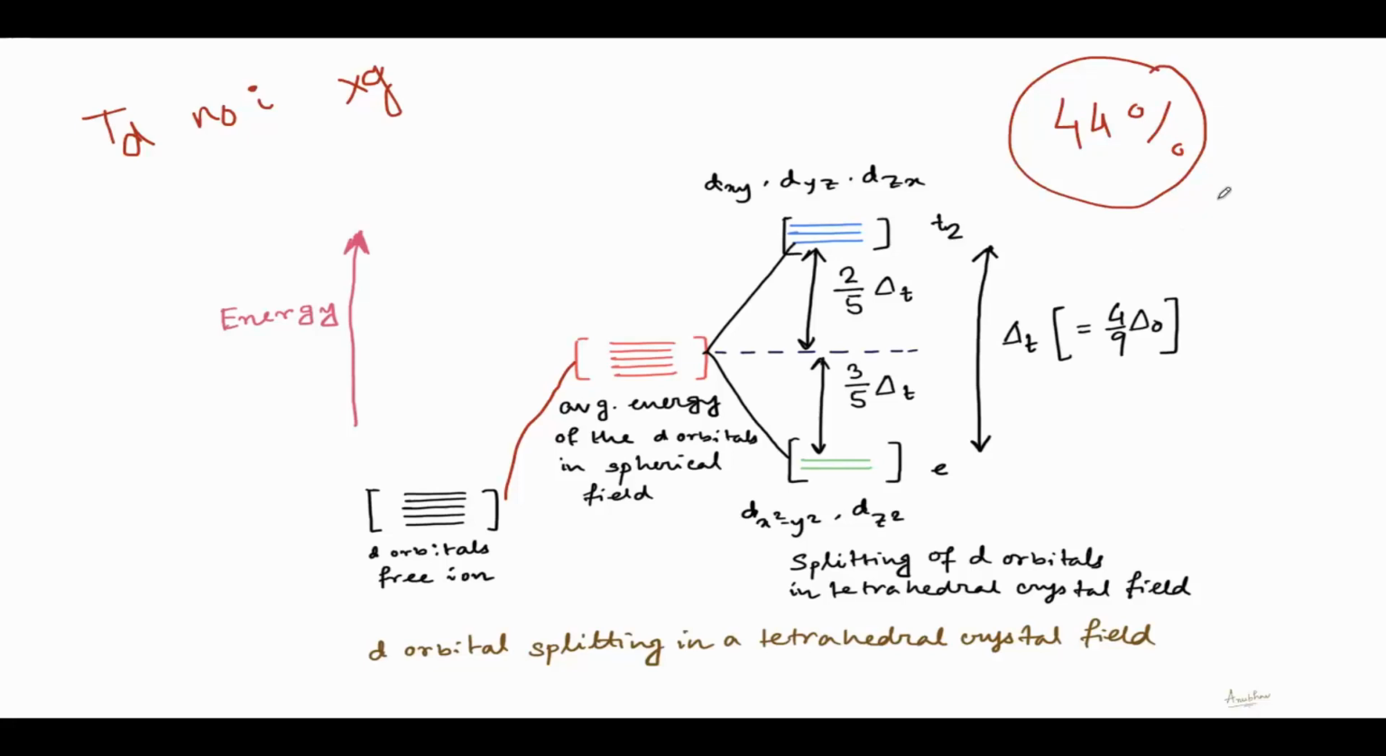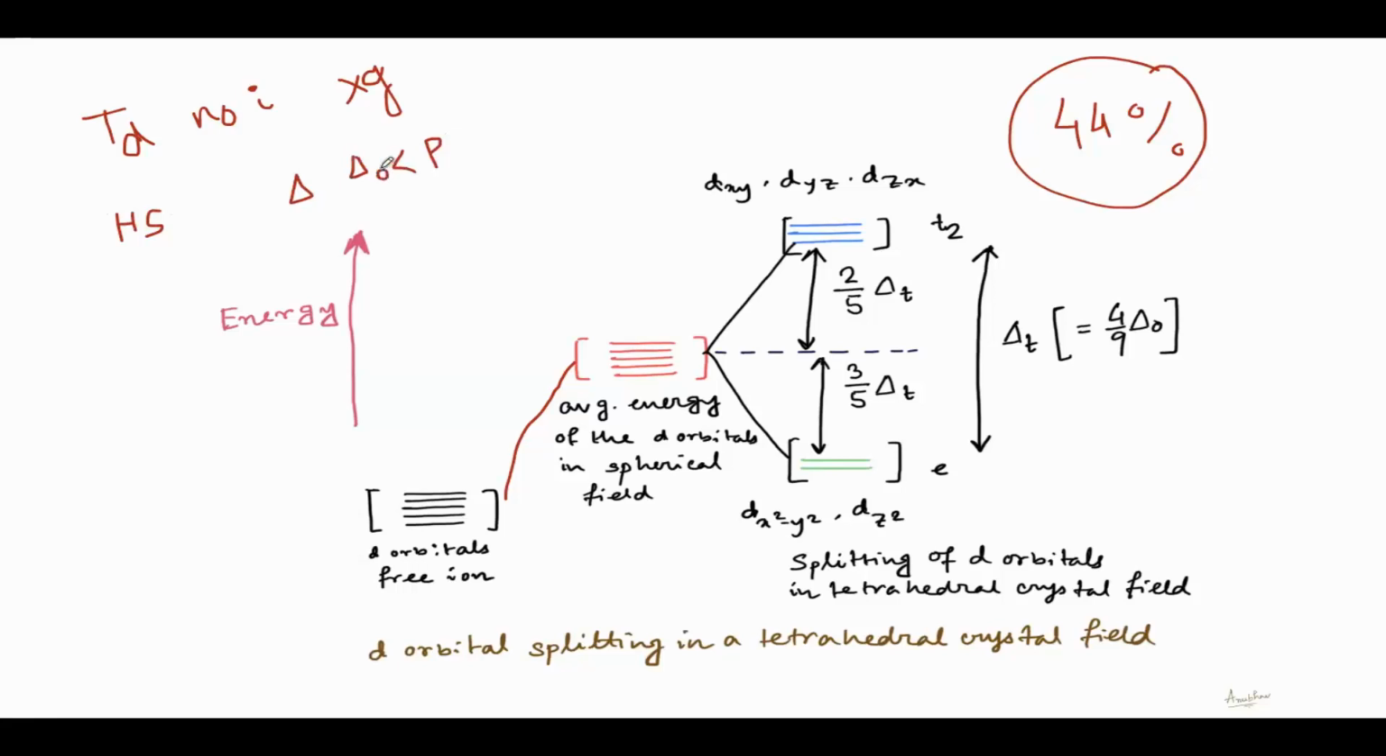Since delta T is very much less, it is very easy to jump from the E to the T2 level. The pairing energy is always more than delta, that is the crystal field splitting energy. That's why in most of the cases, pairing does not occur and low spin complexes are not observed. High spin complexes are observed. That's why tetrahedral complexes, in most of the cases, have high spin configurations. Because the pairing energy is greater than delta